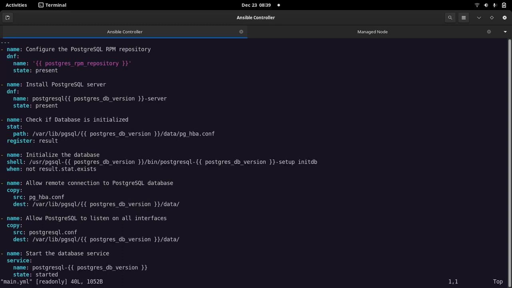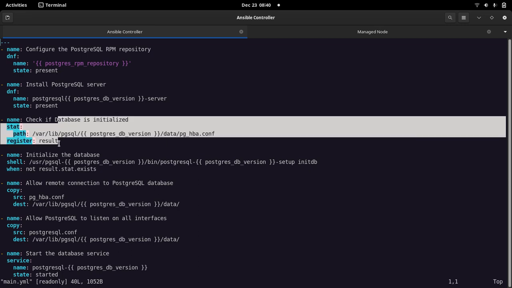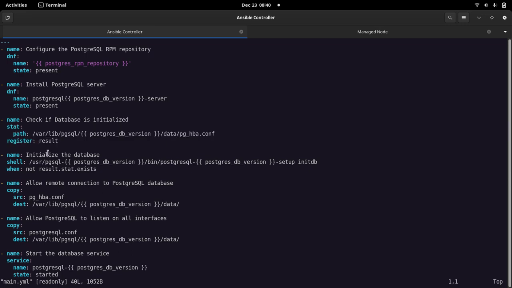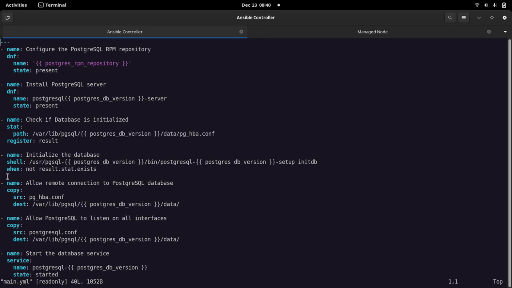So this is the same playbook which we used in our last video to configure the PostgreSQL database. Basically we are creating the RPM package repository, checking if the database is initialized, and then initializing the database if it is not already initialized.